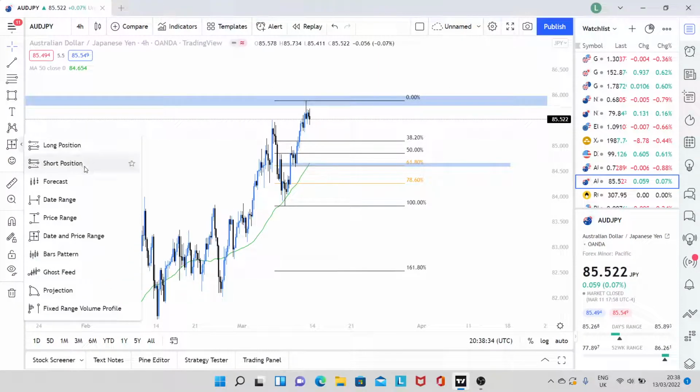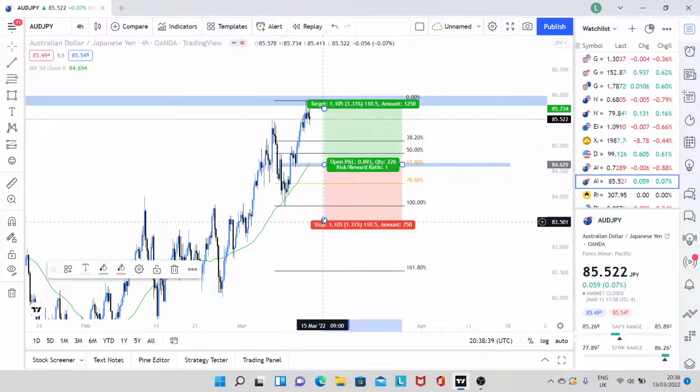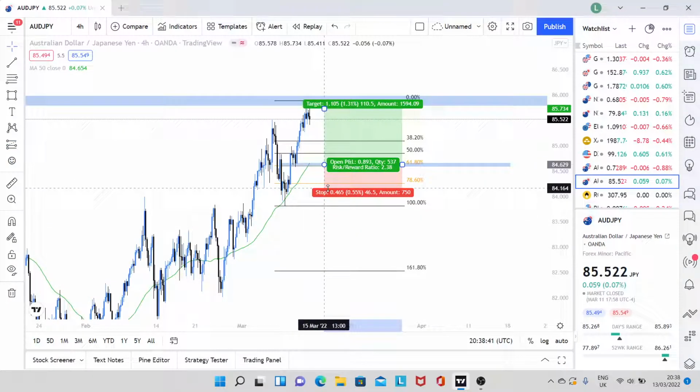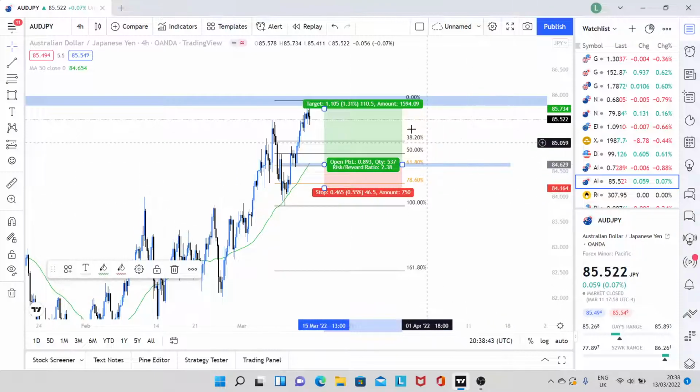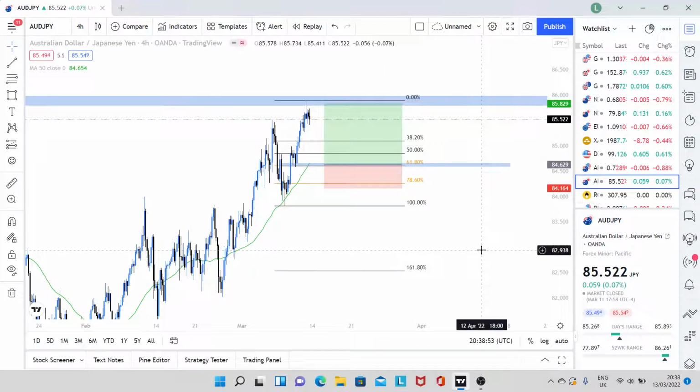We could do something like that, long position. Assuming we did get a nice entry, we could have had our stop loss quite conservative. Even that's quite a 40 pip stop loss, beautiful. Target these previous zones up here. We get a 1 to 2.58, so we're risking 46 pips, gaining 120 pips. This would be a beautiful trade, something that I'm looking to take.